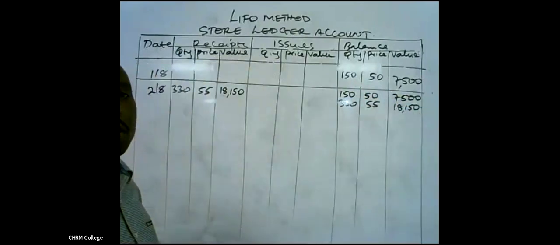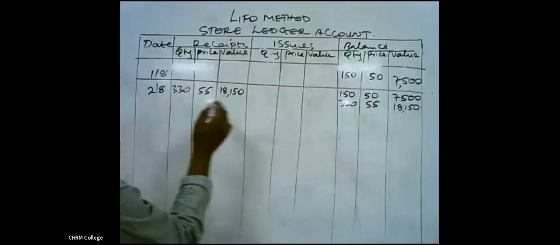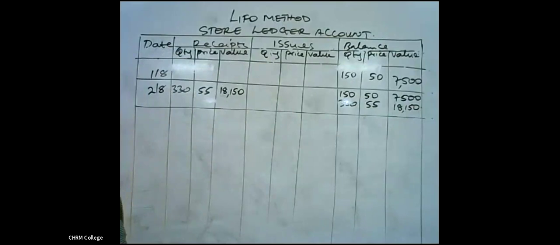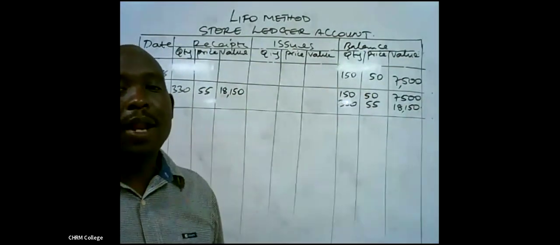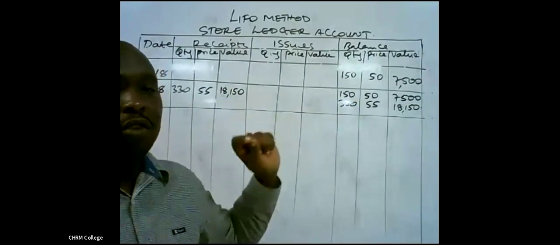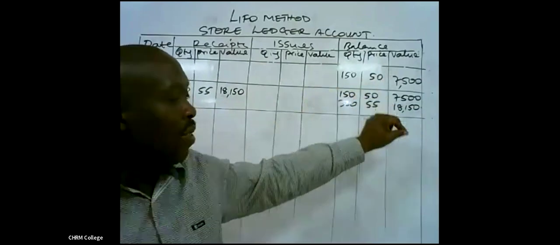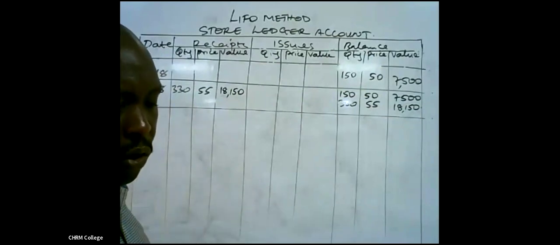For LIFO and FIFO, we don't combine them. We record every consignment separately under the balance column. That is on the 2nd of August, when we received. Once you have received them, you go and record the balance after that. The simple average and the weighted average, we add the units and add the values, but here we don't do that. We record them separately. On that,